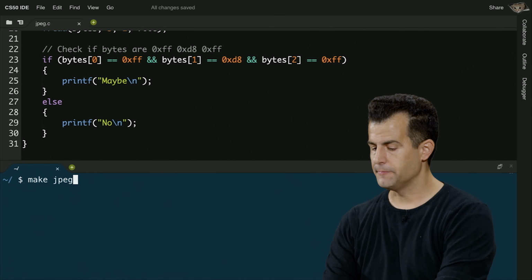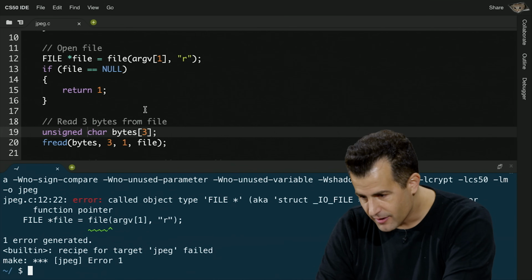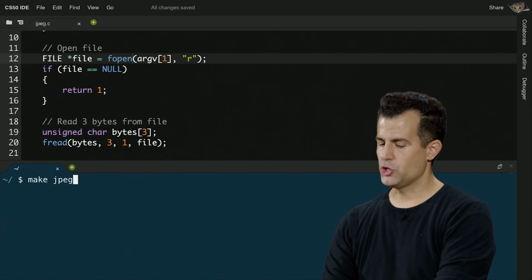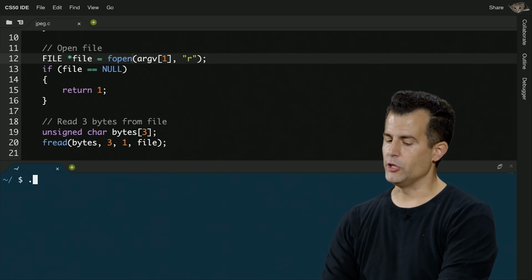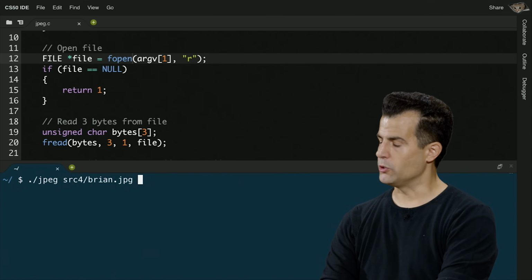But let me wave my hands at that just so that we get this code right for now. I'm going to go ahead and run JPEG and fail miserably. What did I do wrong? fopen is the name of that function. Sorry. Make JPEG. Good. And now I'm going to run JPEG on my Brian image, which is in my source4